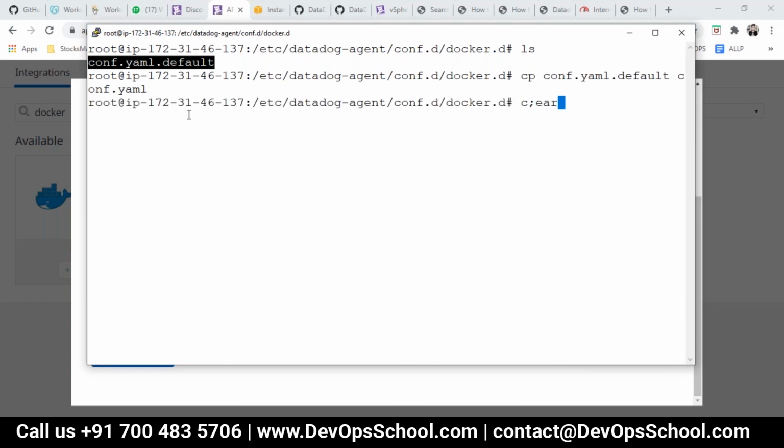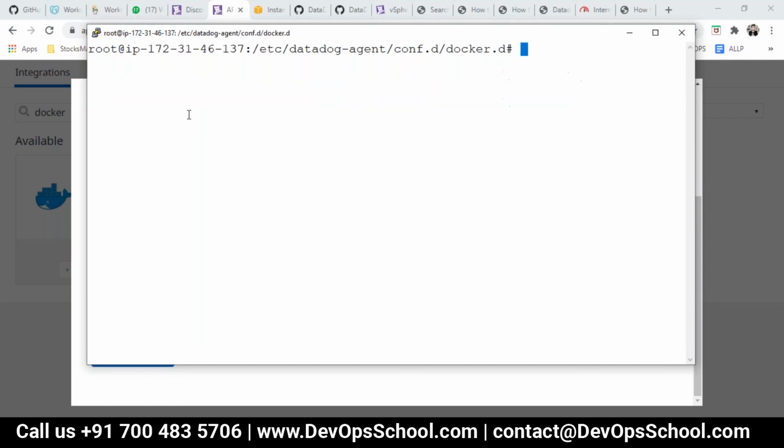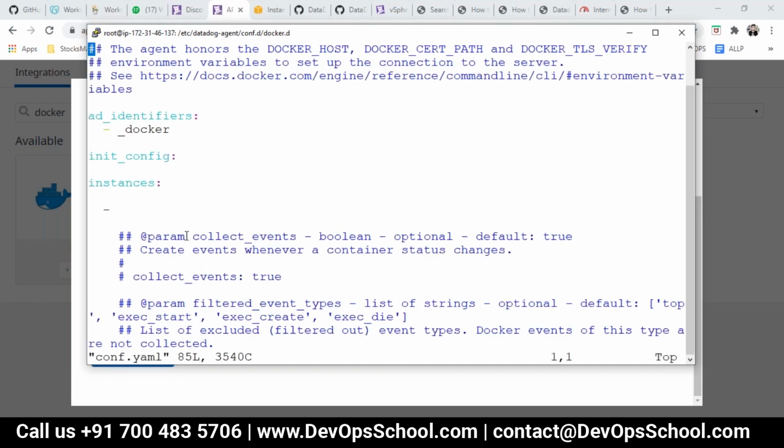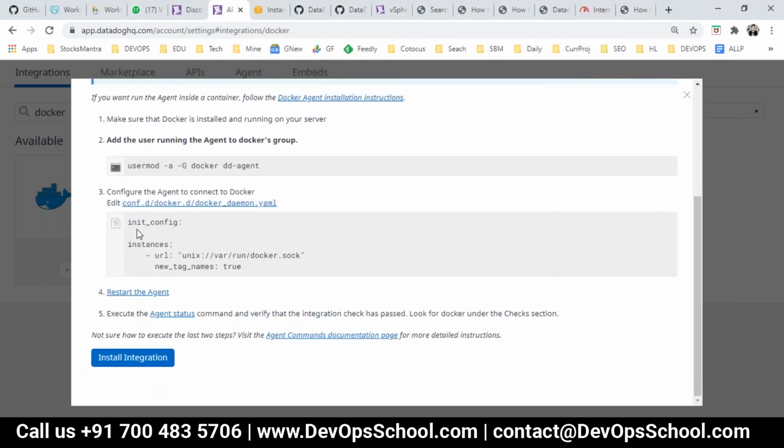Are you getting this, all of you? Yes. Now conf.yaml is enabled by default. I will modify this and validate that everything is as per the requirement. Again, what is the reason?